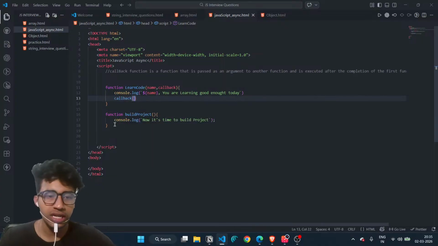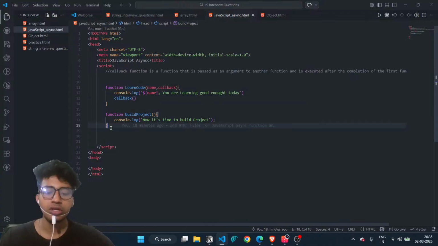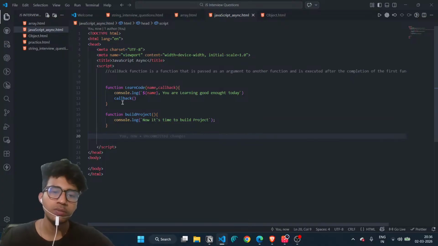Okay, so here you can see that we have two functions. The one function will print the name variable, whatever name you have passed, it will be showing there. And after that, this function will call. Okay, so I just simply go there and just run the function. We don't need to run both functions first, we simply just use the learn code,